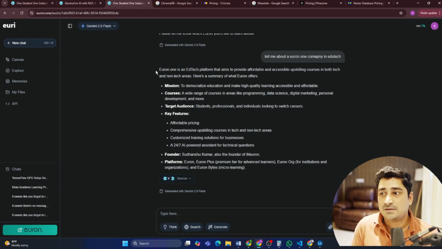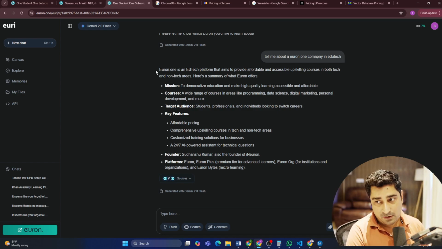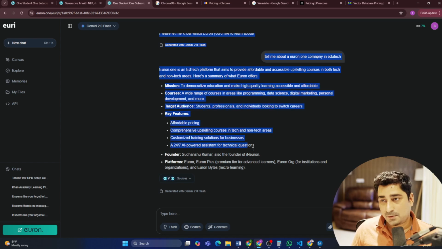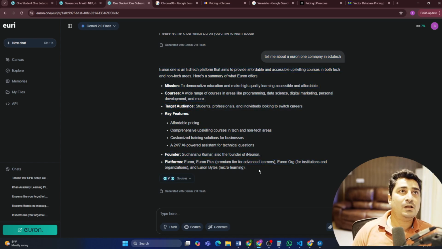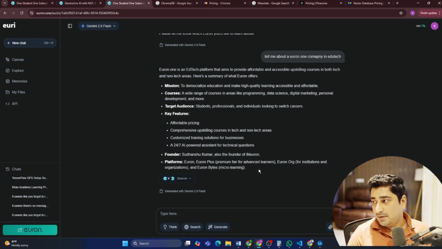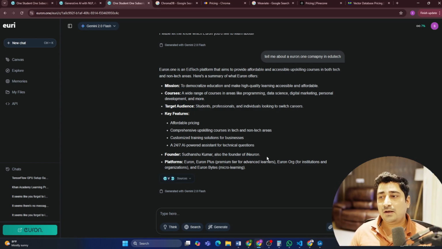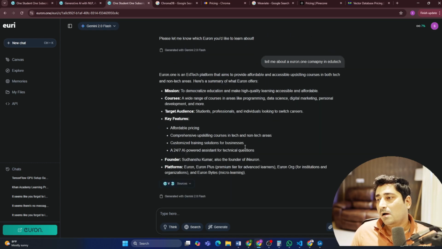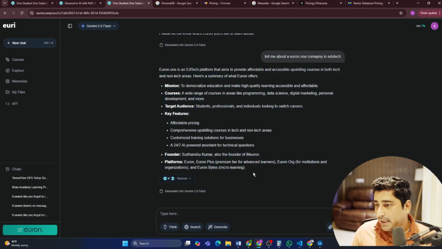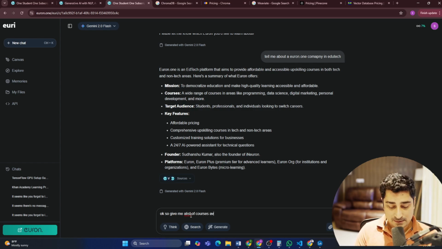So it can generate, but not in real time, it will not be able to search. So this kind of a response, you will not be able to get it. One is search, and one is a chat completion, or you can say a sentence generation model that we have. Now, further, if I ask a question, okay, give me a list of courses